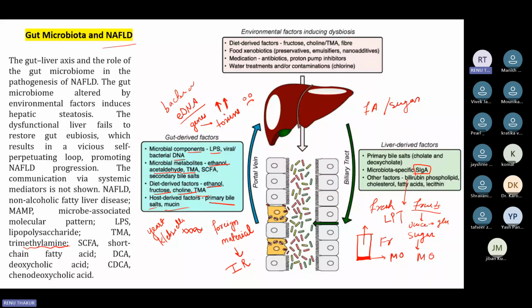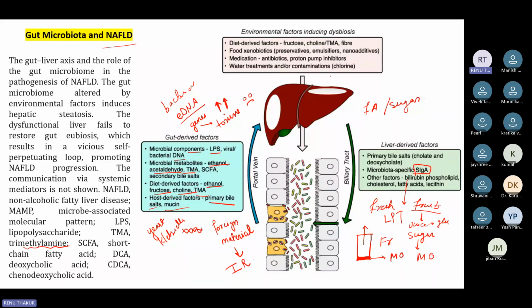So food xenobiotics, xenobiotics means what? A food that is contaminated with something hazardous, some foreign material. So preservatives, emulsifiers, additives, flavoring agents, and all these things are harmful for our body. Medication, if we are on any particular medication for a longer time, antibiotics, proton pump inhibitors, and water treatment